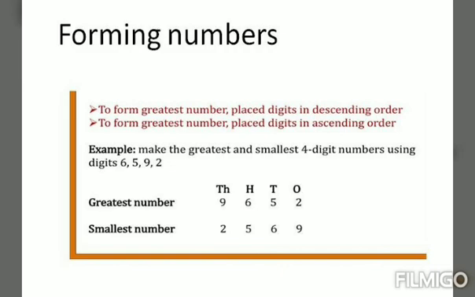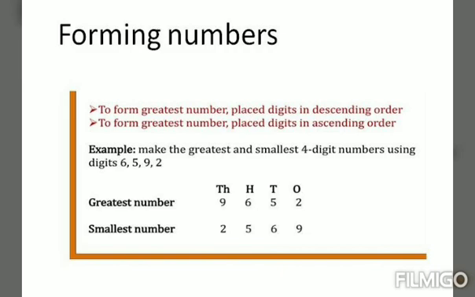Sometimes one of the given digits will be 0. In that situation, while forming the smallest number, we have to be very careful. We should not place 0 in the first position. If we place it there, we cannot form a number with the required number of digits. That's why we have to place the 0 in the second position, and place the next smallest number in the first position. I mean, if 2 and 0 are there, 0 is the smallest and 2 is the next.